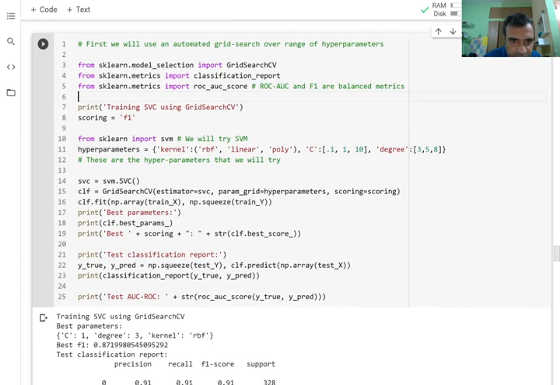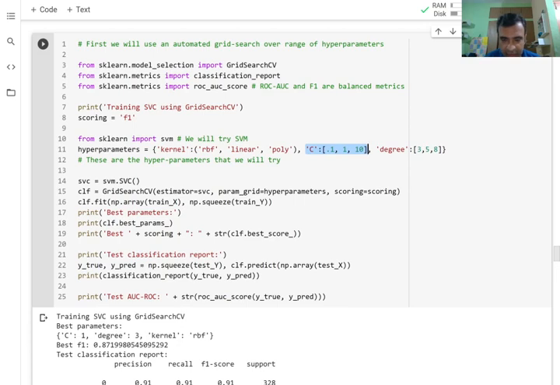So now I will fit a support vector machine. It's a binary classifier, and I can have different types of kernels. I can have RBF kernel. These are different types of non-linearities. This is linear, and then polynomial kernel, and then I can have different regularization penalties. So more complex to less complex models.